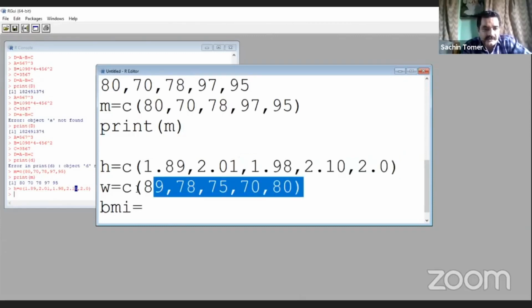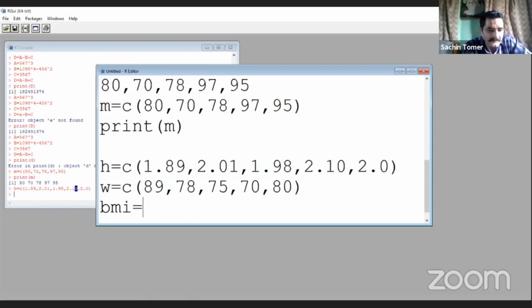Weight is stored in which variable? W. So we have to write W, which is divided by height. Height is stored in H. So H, and we have to raise H to the power 2. So this is the formula: BMI is equal to weight upon height to the power 2.